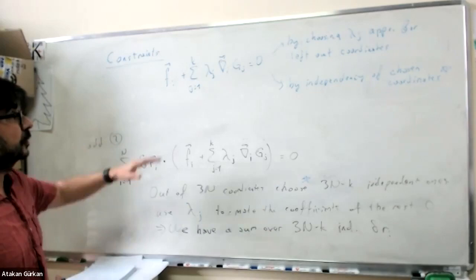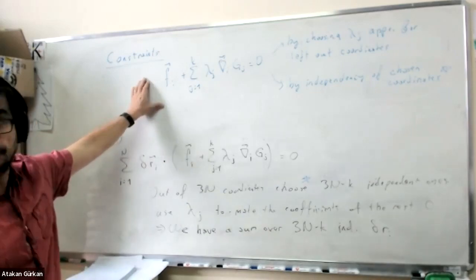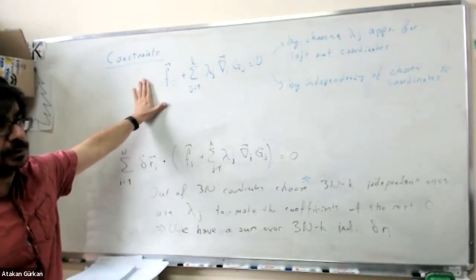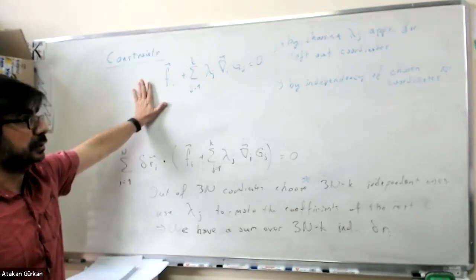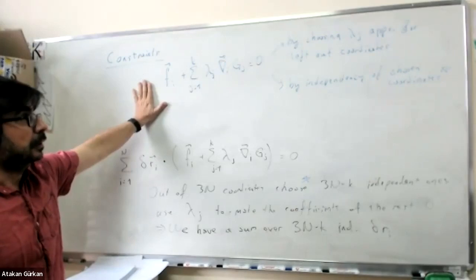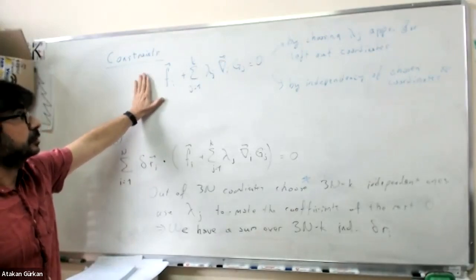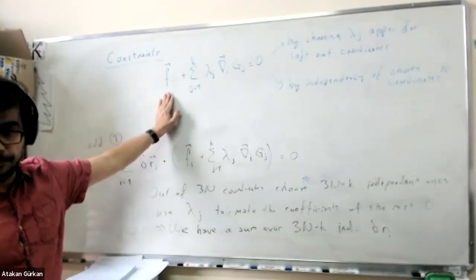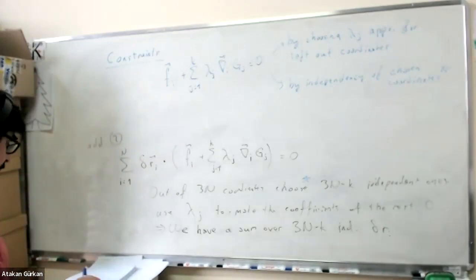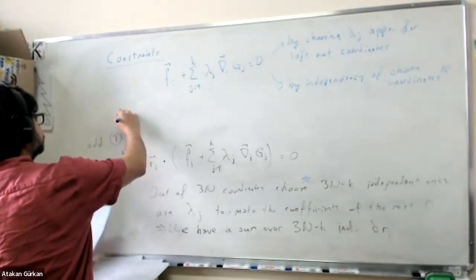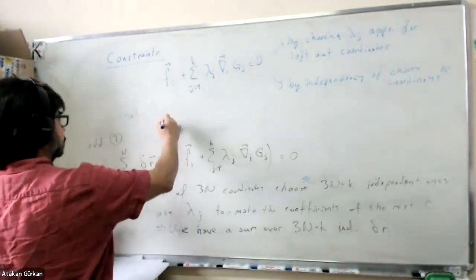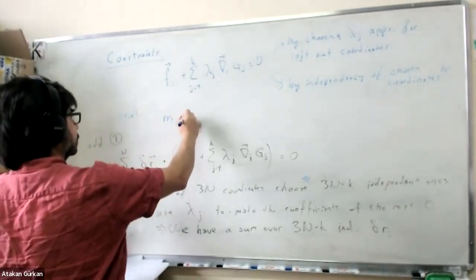Okay, and of course, this is a vector equation, but this is correct for every component. If your vector equation is 0, then every component of that equation has to be 0. All right, so we have this equation for our constraint force. Now I can reintroduce what this constraint force was. So let us recall Newton's law. For the ith particle,